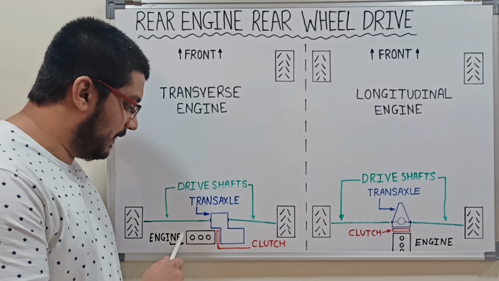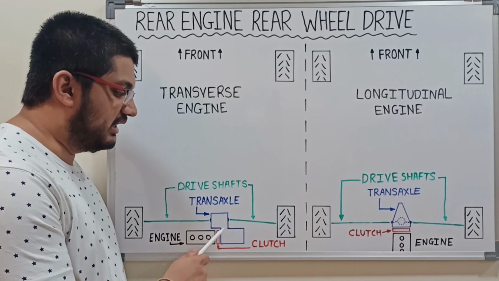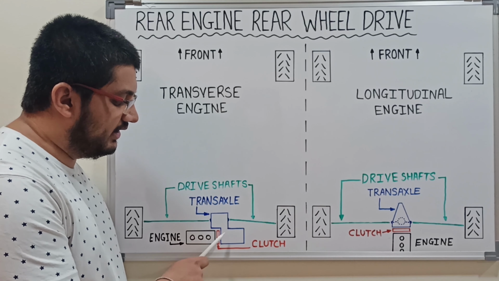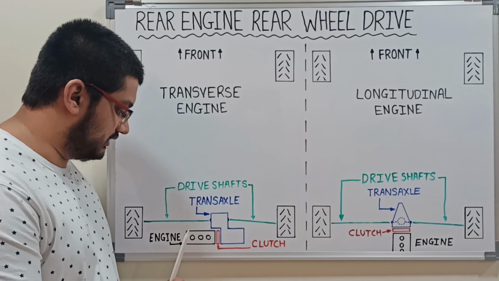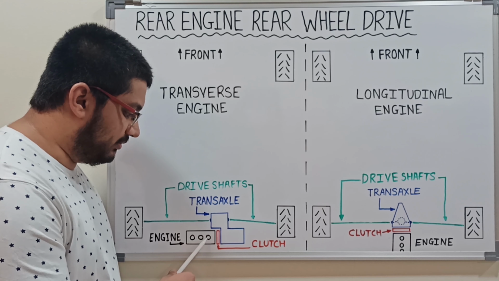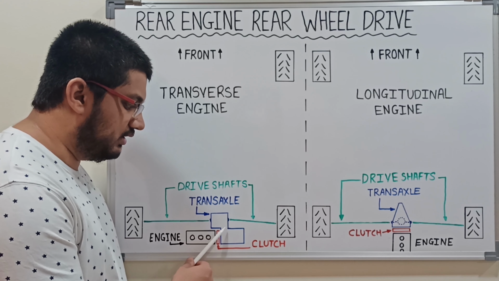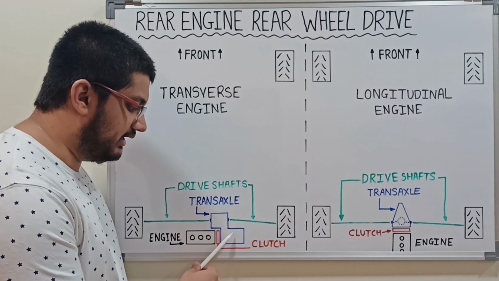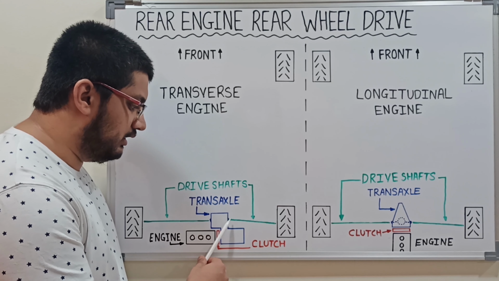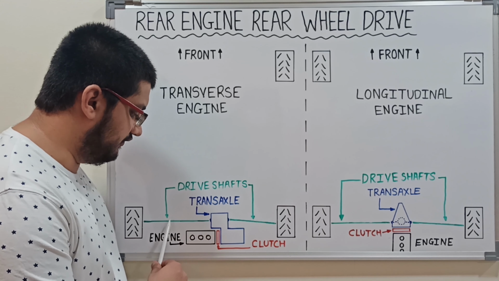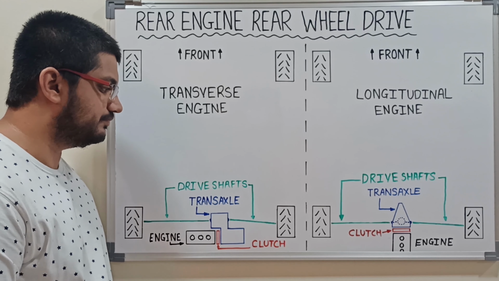So first is the engine, then the clutch or a torque converter depending upon manual or automatic transmission, then a transaxle in which the differential is incorporated, and then the drive shafts. So the power flow is obviously from the engine, if the clutch is engaged, to the input shaft of the transaxle, then through the input shaft and the selected gear to the final drive and the differential, and through the two outputs of the differential it goes to the CV shafts or the drive shafts, and through the drive shafts it goes to the two wheels, the rear wheels.